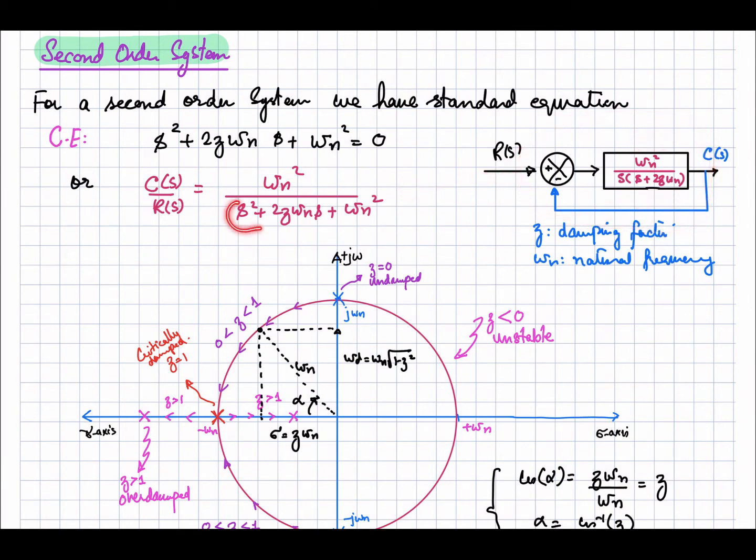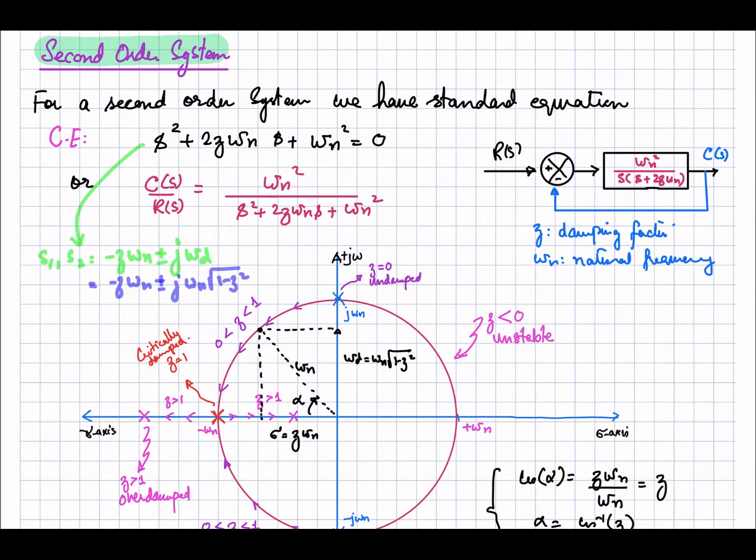And here you can see this is the denominator of this transfer function, and that is the characteristic equation. By putting it equal to 0, we can find out the roots of this equation, and those are the poles. So the roots of this equation, s1 and s2, will be equal to minus zeta omega n plus minus j omega d, and this can be written as minus zeta omega n plus minus j omega n into square root of 1 minus zeta square, because our omega d is equal to omega n into square root of 1 minus zeta square.